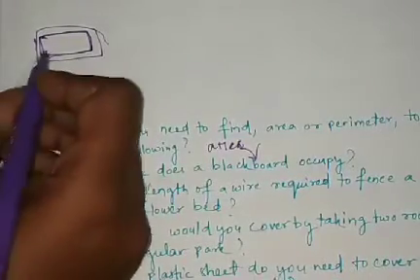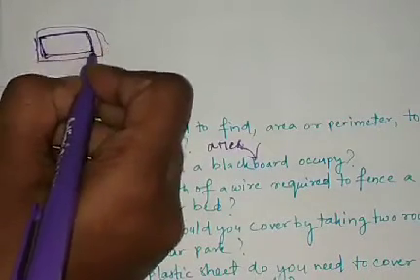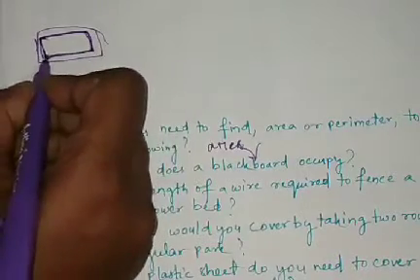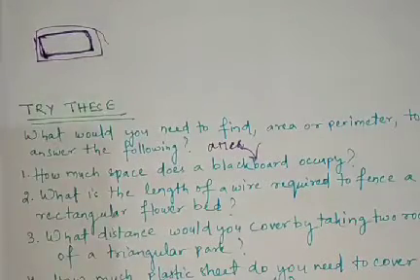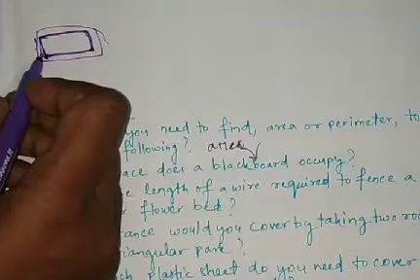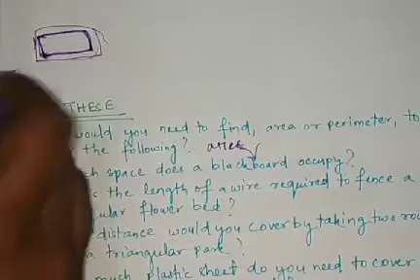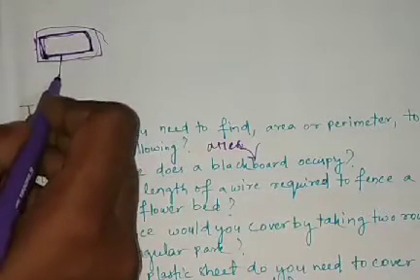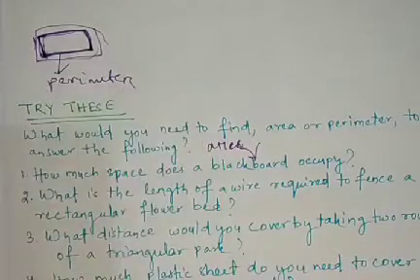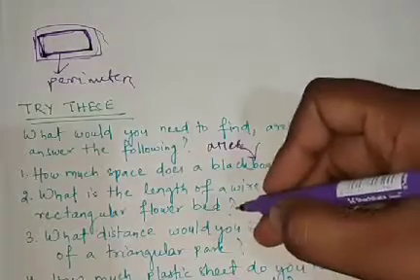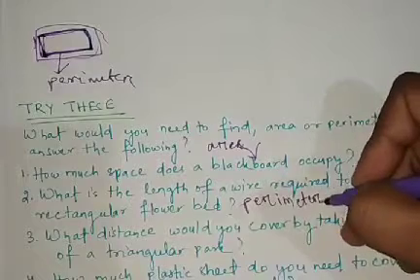Okay, so you have to find the length of a wire. The wire will go like this, then turn, then come, then turn, then come to this area. So you will find out the length of the surrounding area, or the distance around the closed figure. So what is this, the distance around the closed figure? This is perimeter. So the answer is you need perimeter to find out the length of